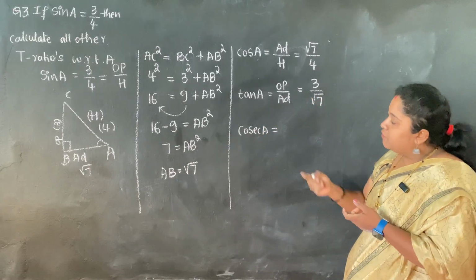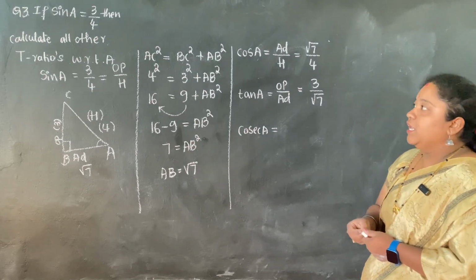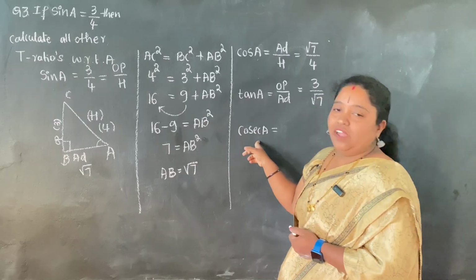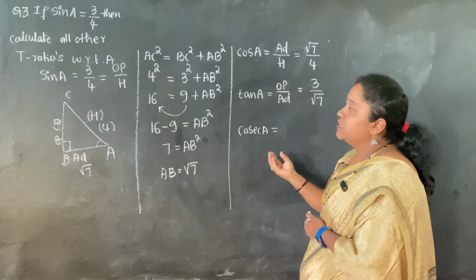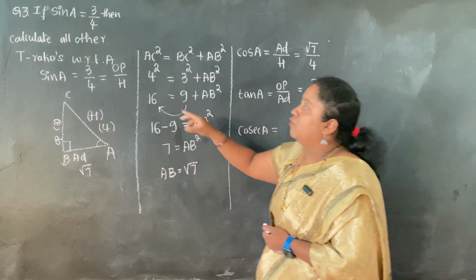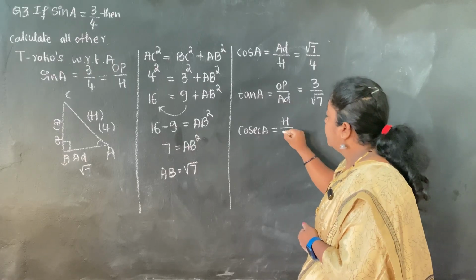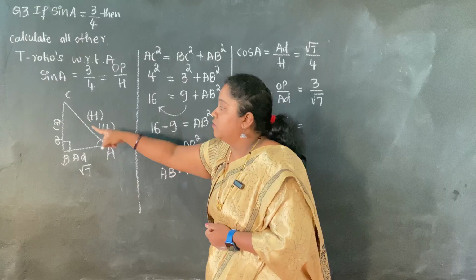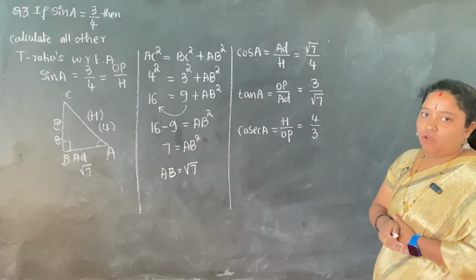You know that, in other words, cosec is the reciprocal of sine, dear. Or else we say, if sine is equal to opposite by hypotenuse, then cosecant of any angle would be hypotenuse by opposite. Anyhow, either you consider it as the reverse of sine A or the reciprocal of sine A, or you use the formula hypotenuse by opposite. Fine. So I'll be using hypotenuse by opposite. Hypotenuse is 4 and opposite is 3. It will become 4 divided by 3. This is the cosec value.